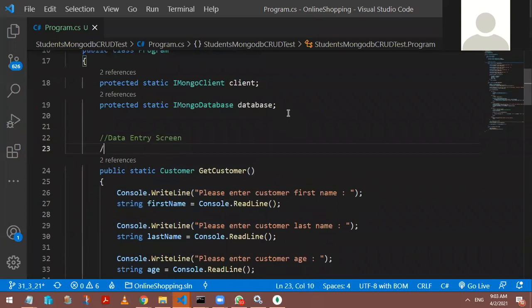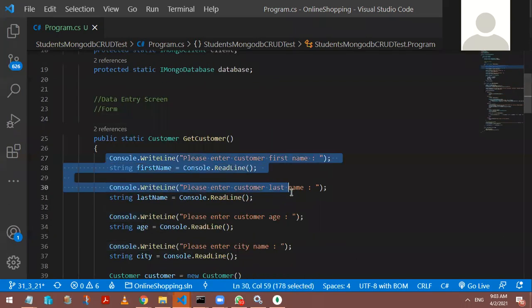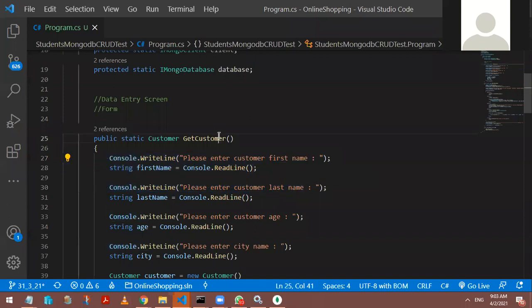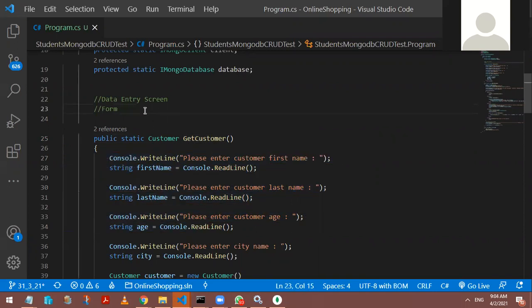So don't you think this get customer function actually acts like a data entry screen, in your programming world you call it a form, and this form you're trying to show by using a console. So tomorrow if I want to convert this application into a graphical user interface application, I think I will only change this logic. Right now my form is a CUI form. CUI form means console user interface form.